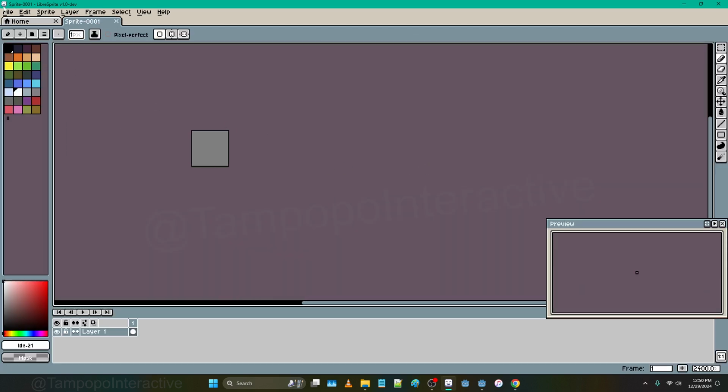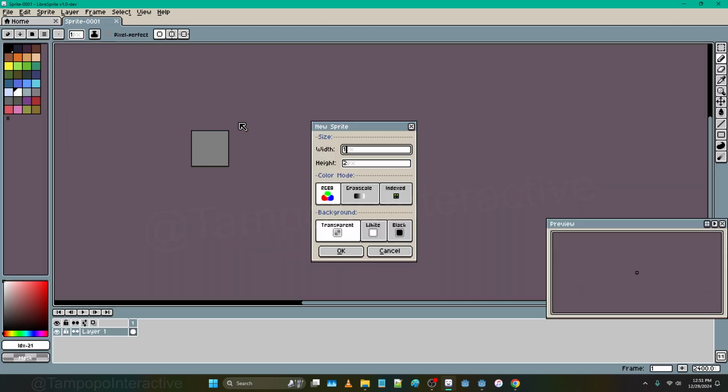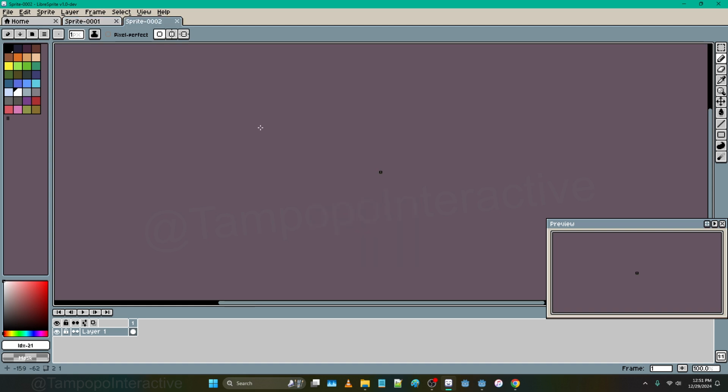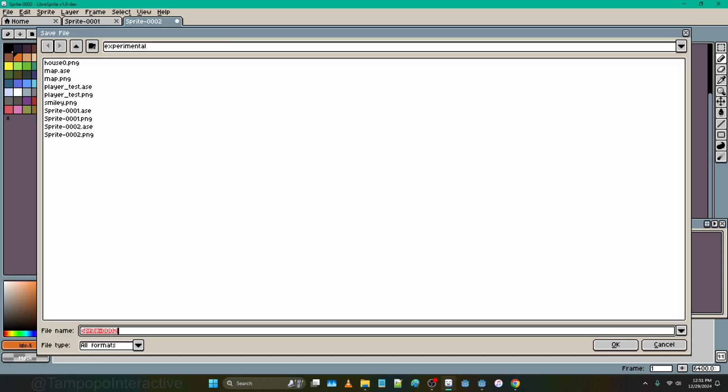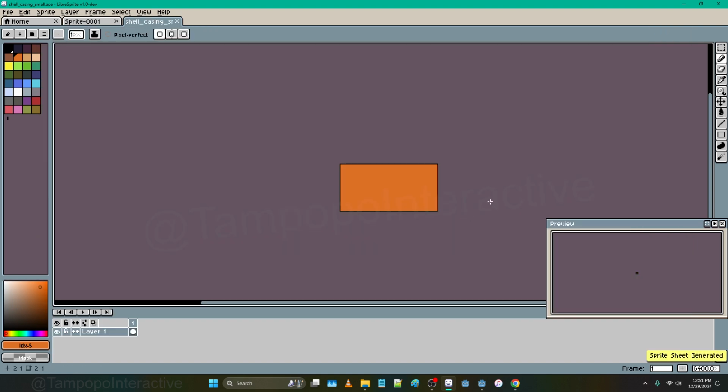And I take it back. Let's do a new one. We're gonna do 1x2, 2x1. This is all it's gonna be. So we can call this like shell casing small. I'll type it out. Control E, get the ping for it,